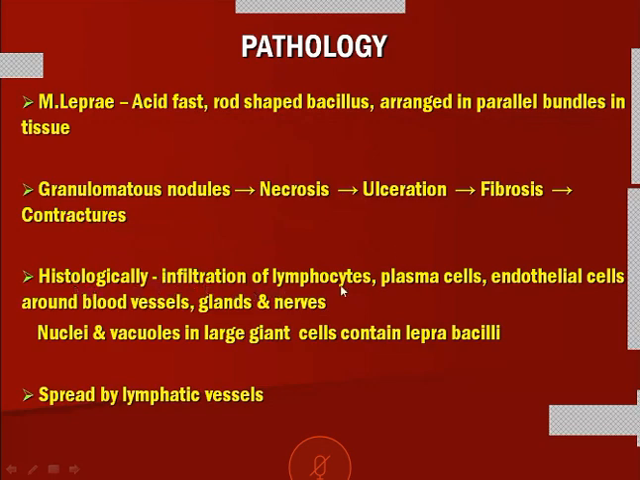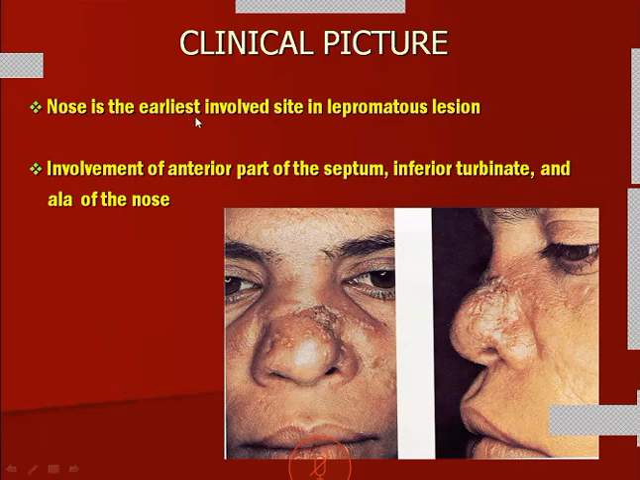In histology, you see infiltration of lymphocytes, plasma cells, epithelioid cells, blood vessels, glands and nerves, with nuclei, vacuoles, and large giant cells. This is a giant cell. The presence of giant cells around the lepra bacilli is typical of leprosy. The spread can occur through the lymphatics, along with contiguous spread. The earliest site of involvement in lepromatous leprosy is the